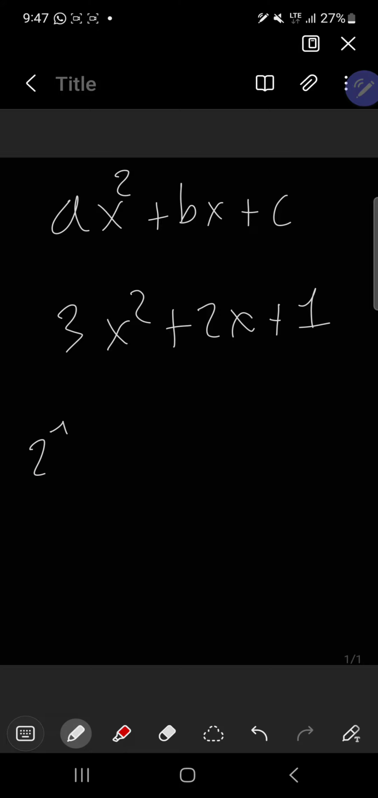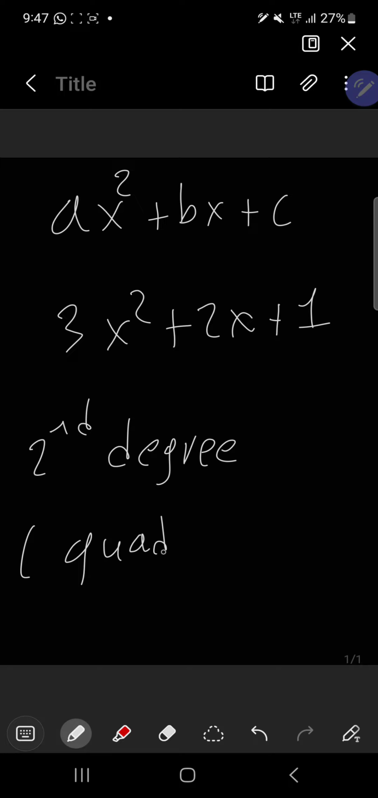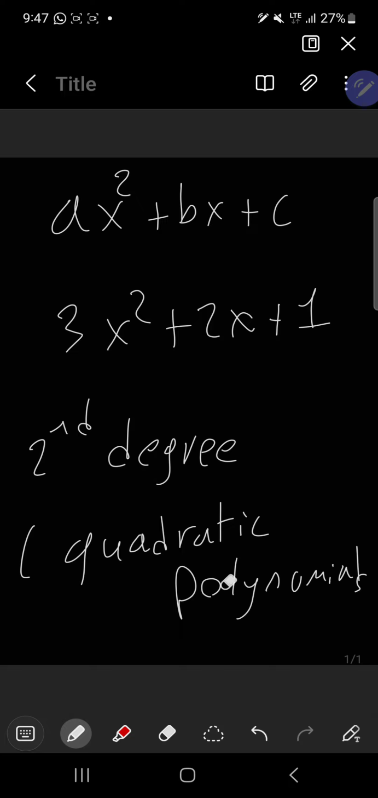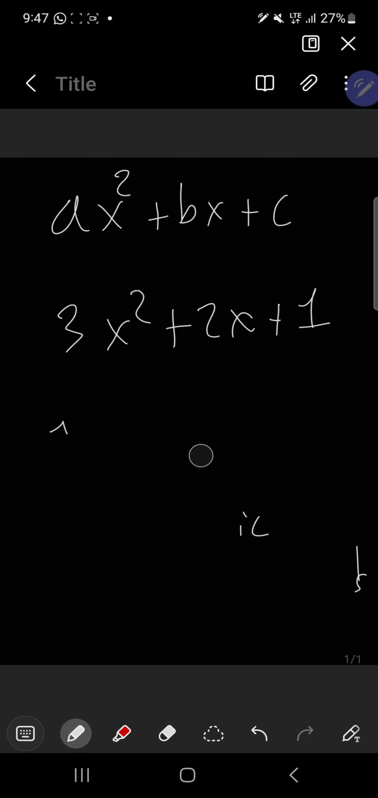We can also call them quadratic polynomials, second degree or quadratic polynomials. Okay, so how do we solve equations that have quadratic polynomials in them, or how do we solve equations of second degree? Okay, as a start,